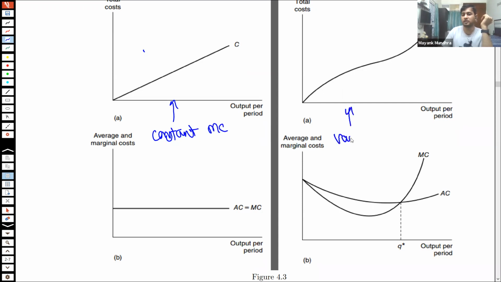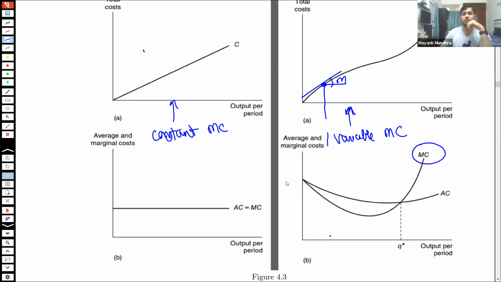And this is for the variable marginal cost case. So when the marginal cost is variable, you first draw the marginal cost curve depending on what is the slope at any point. So if the slope at this point is this much, suppose the slope value is m, then at this point, marginal cost value is going to be equal to m. The value of marginal cost is basically the slope of the curve at any point.